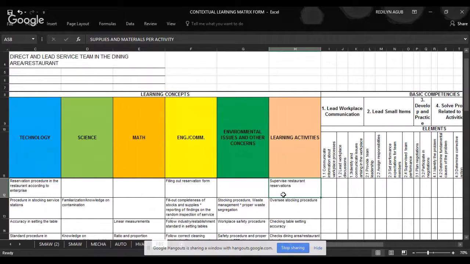Shall we put learning activities for the whole competency only? No, we should put learning activities per task. Okay? So, learning activities, for example, in our example, install grounding system. So, if you say install grounding system, what are the learning activities that we should